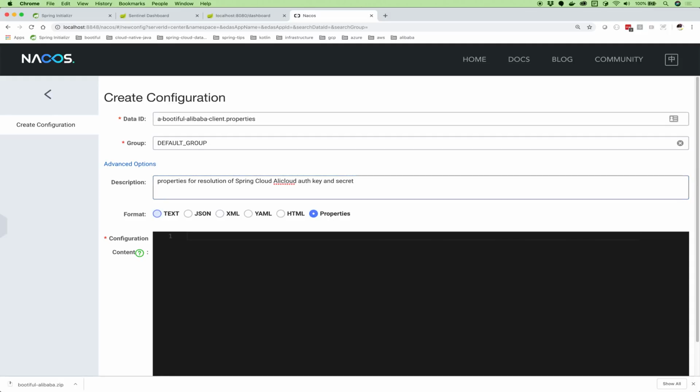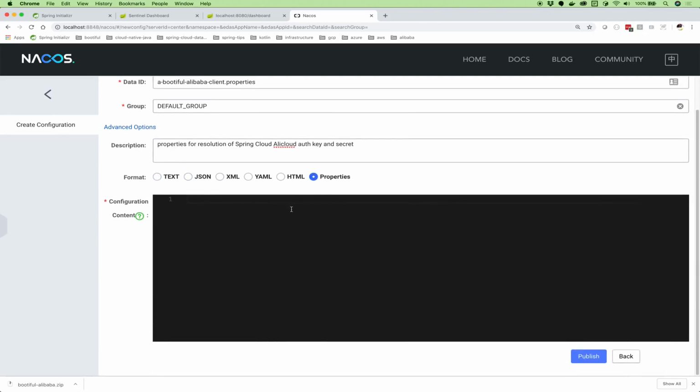Now, you can store YAML, HTML, text, right? And this would be good if you wanted to. I guess we could plug in an image banner resolver somehow that loaded from here, for example, because now there's this API. But for our purposes, for the purposes of properties, we can store properties.